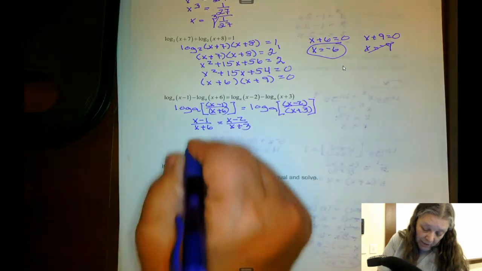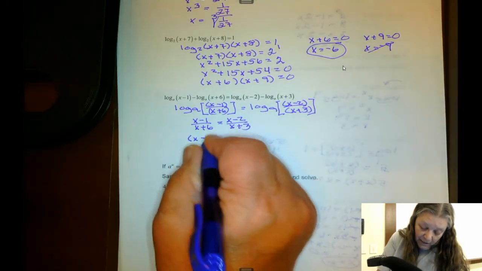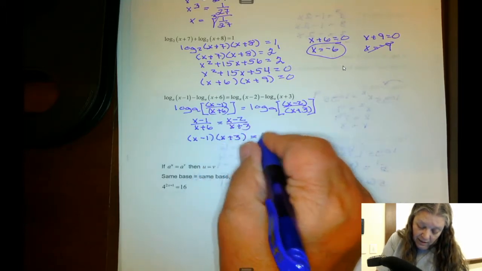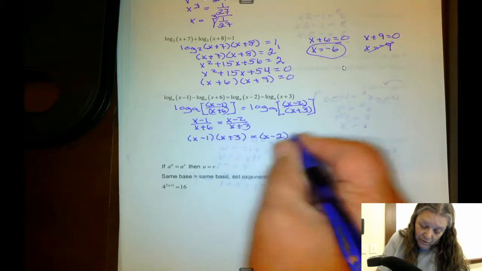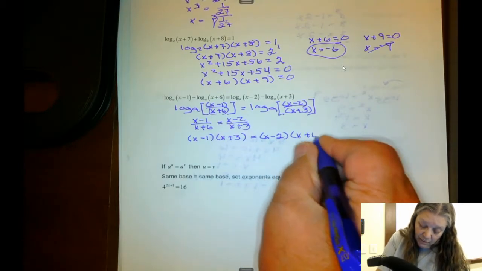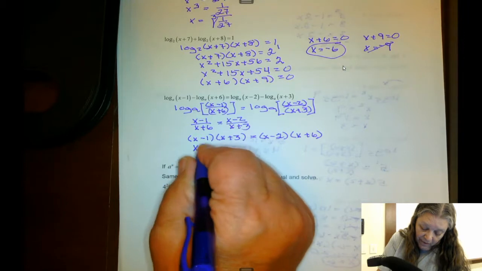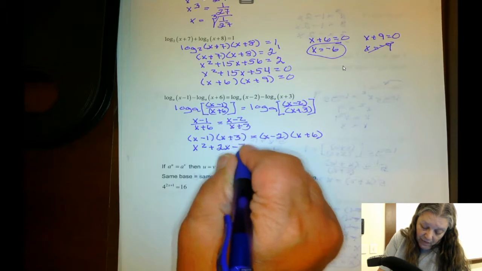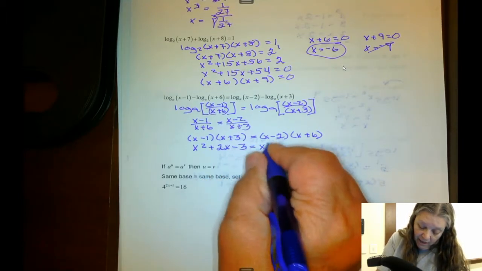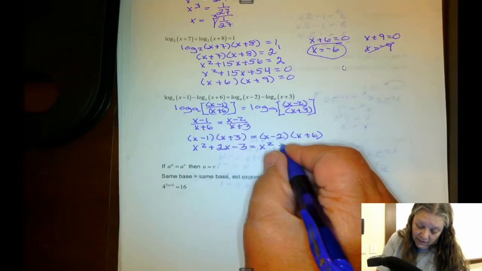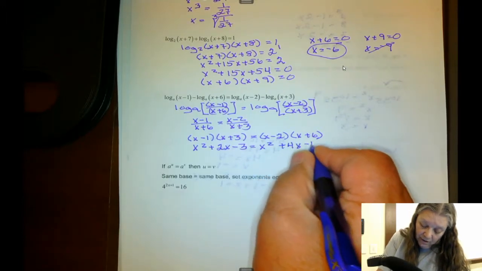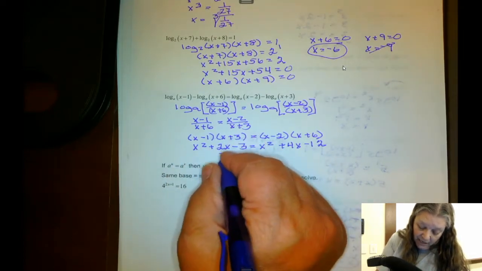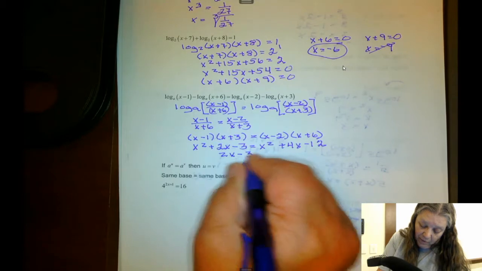We can cross multiply. So we have (x minus 1)(x plus 3) equals (x minus 2)(x plus 6). So we have x squared, 3 minus 1 plus 2x minus 3. And x squared minus 2 plus 6 is plus 4x minus 12. Subtract the x squares, they cancel. We have 2x minus 3